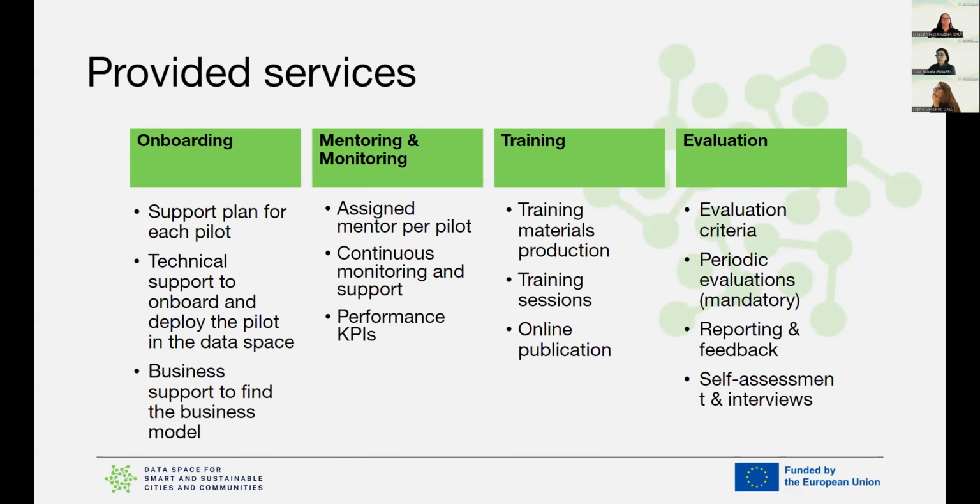Based on certain evaluation criteria, we will assess the performance and the final results of the pilot for the final reporting and feedback to the other activities of the project. So I pass the floor to Nuria.